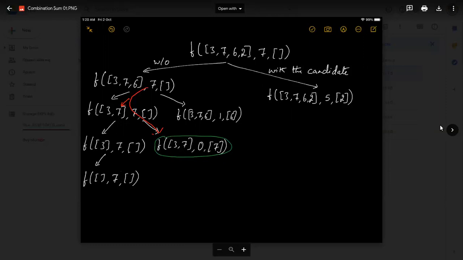So as usual, I'm going to still have the same list of candidates 3, 7, but now the target is reduced by 7, so that the element is added to the combination we are building. So when the target reduces to 0, what does it mean? We have added elements which add up to exactly the target, because we started with the target value and that reduced to 0, and we started with the null set and we have a set having exactly that sum. So this is an acceptable answer.